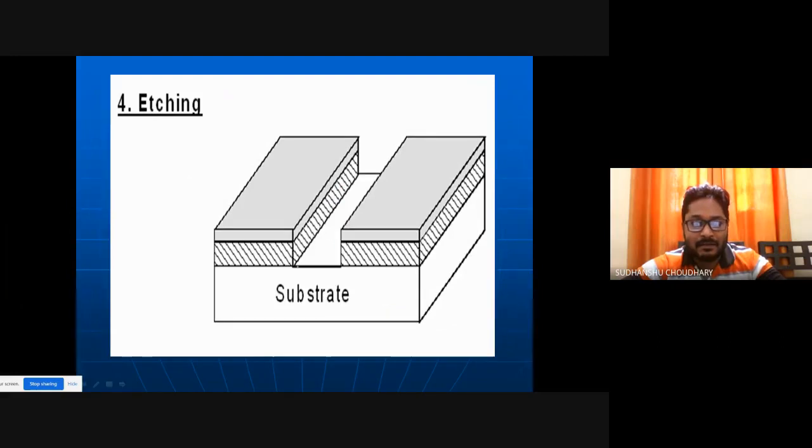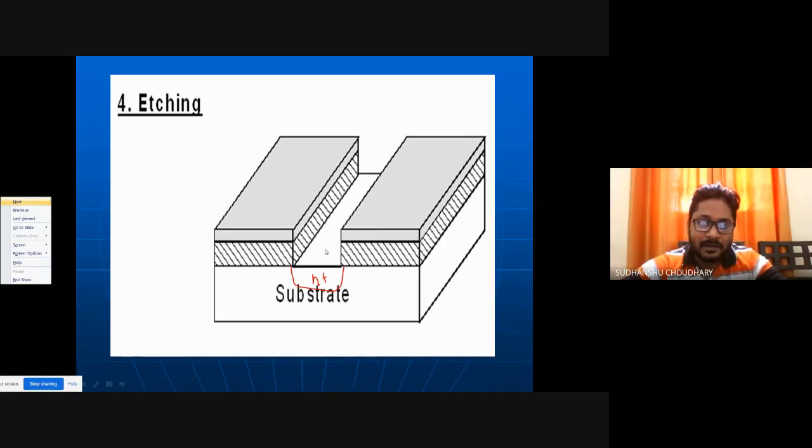Then by etching, one can remove the extra silicon dioxide appearing here, because I want to create a region of doping. For creating a region of doping, I need to create a window of this kind in the silicon. Now through this window, by ion implantation, that is, exposing this portion of the substrate to a high speed, highly accelerated ion beam bombardment, we can create diffusion regions.